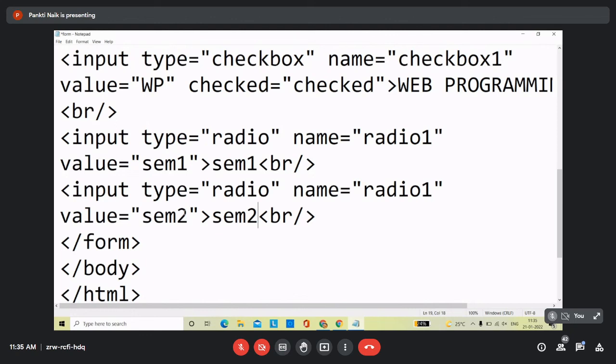right? So this will create two radio buttons, right? Another option, or you can say another attribute which you can specify with the use of radio button is checked, right? So here write down checked. So it means the second radio button is initially checked when you open this web page in your browser. Right, so let us